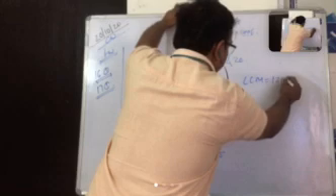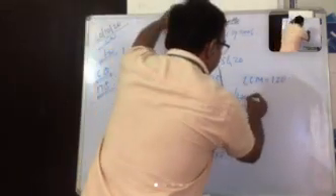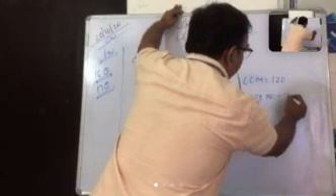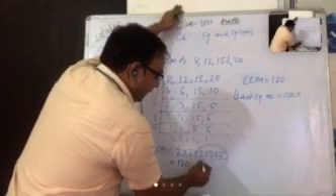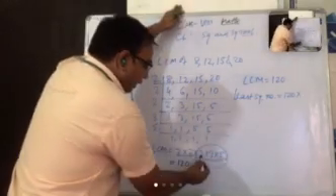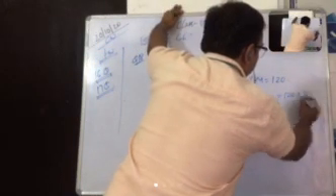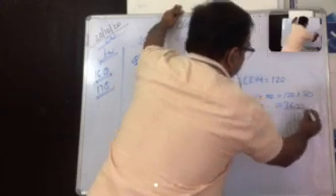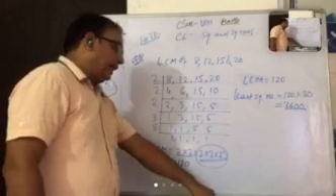LCM is equal to 120, but we need a least square number. Least square number is equal to 120 multiplied by the unpaired numbers. Whatever is unpaired, we multiply it. 2 threes are 6 and 6 fives are 30. If we multiply with 30, 120 times 30 is 3600. Now it becomes a perfect square, the least square number that is divisible by 8, 12, 15 and 20.